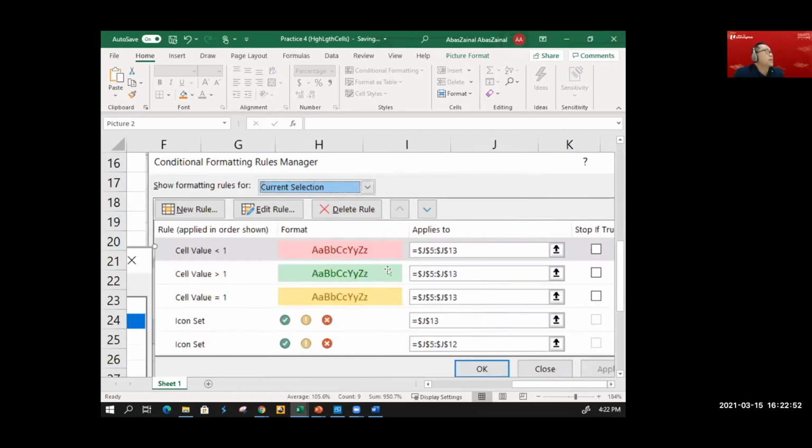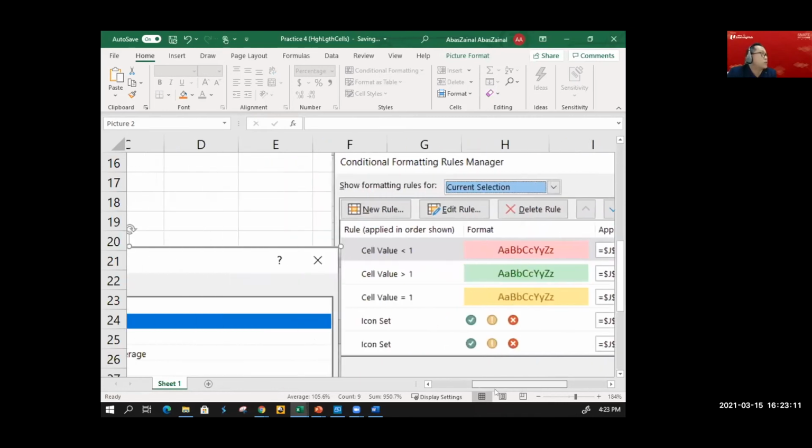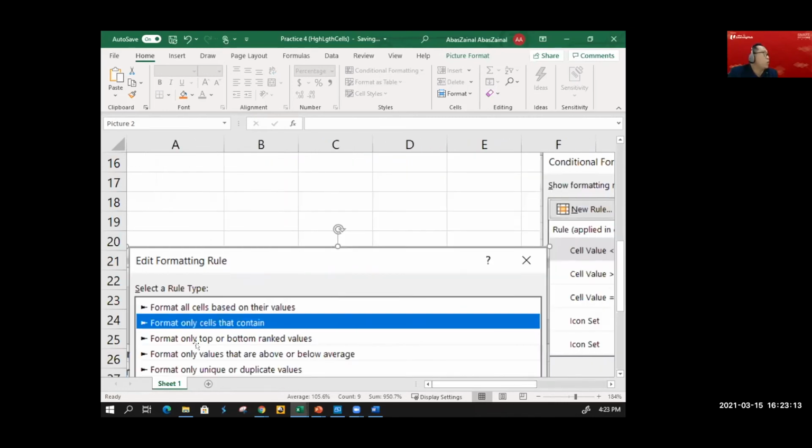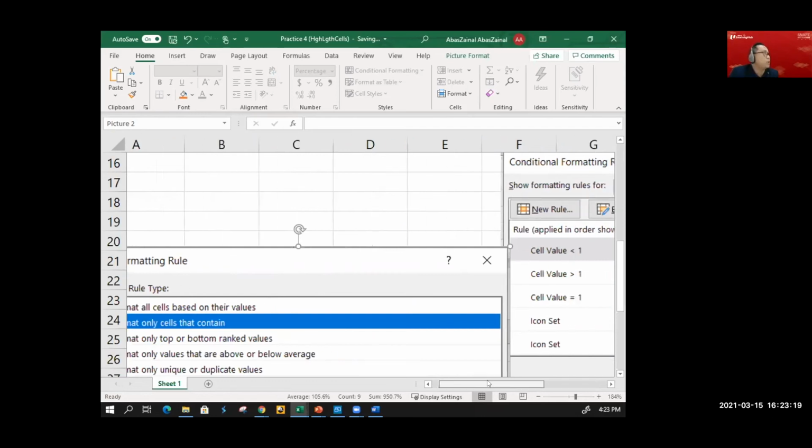The second set of instructions: you need to repeat the first step, select the whole entire cell range, then click conditional formatting, new rule. For the second rule, select cell value. What was the first step? It was here: format only cells that contain.